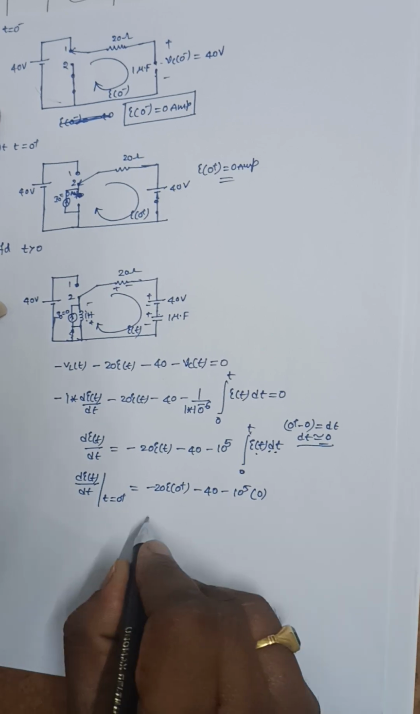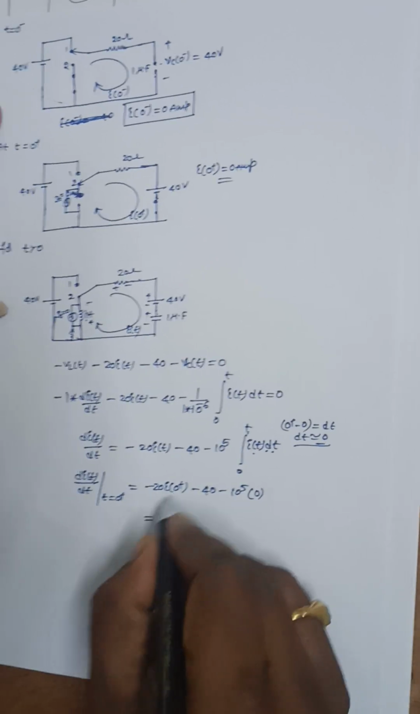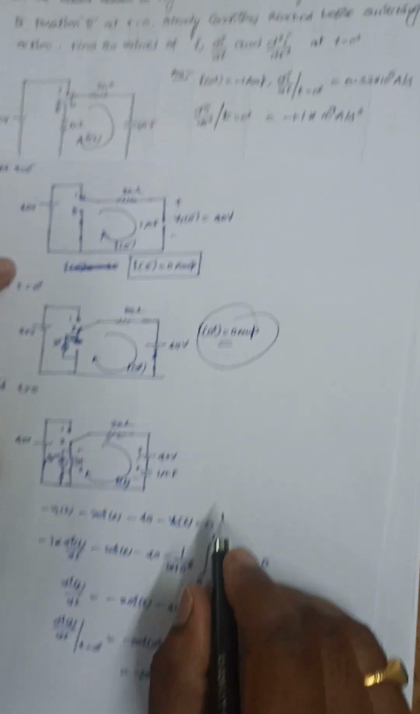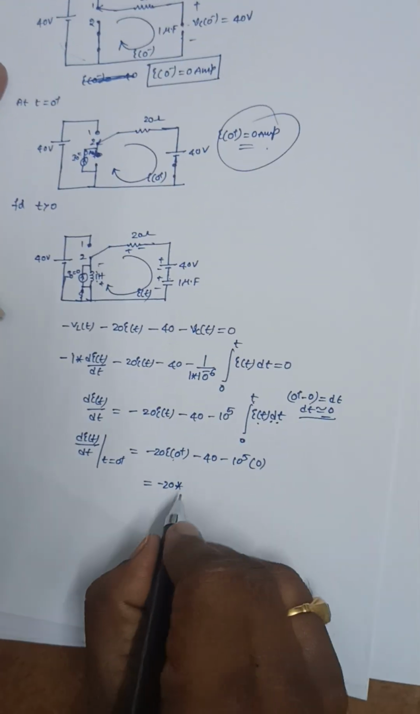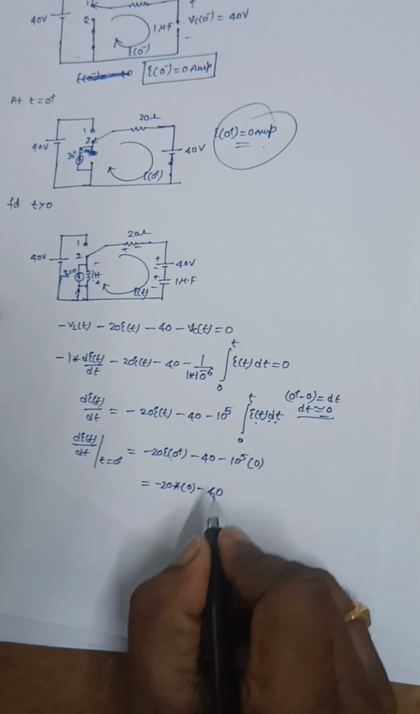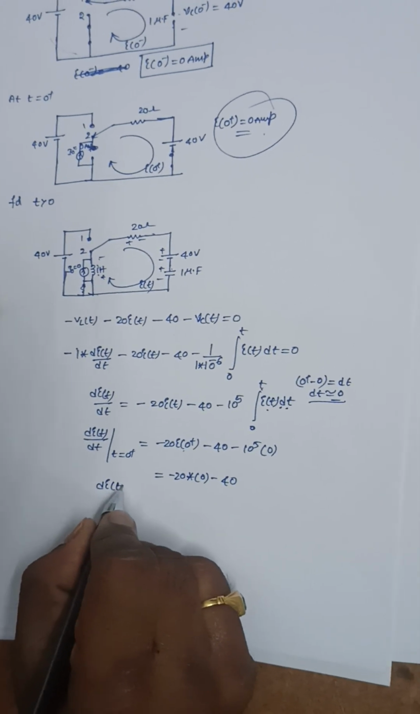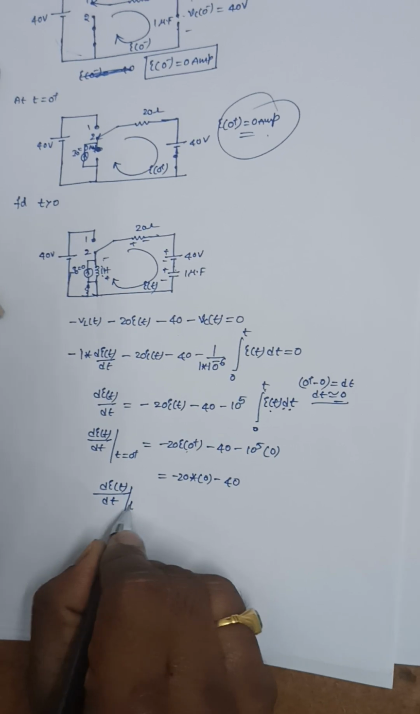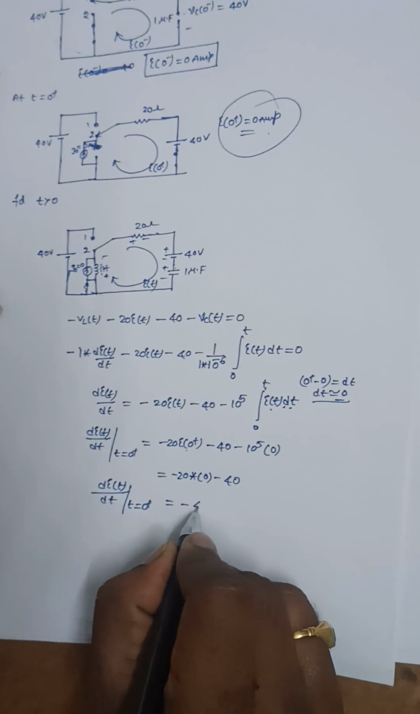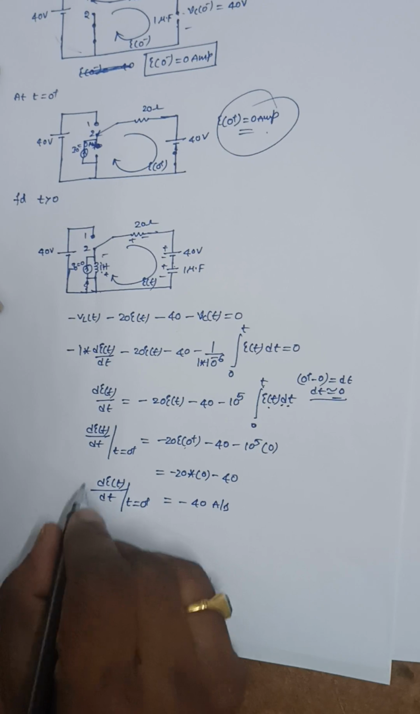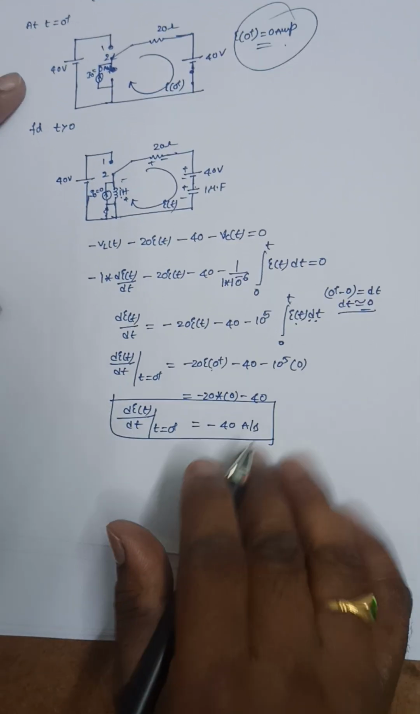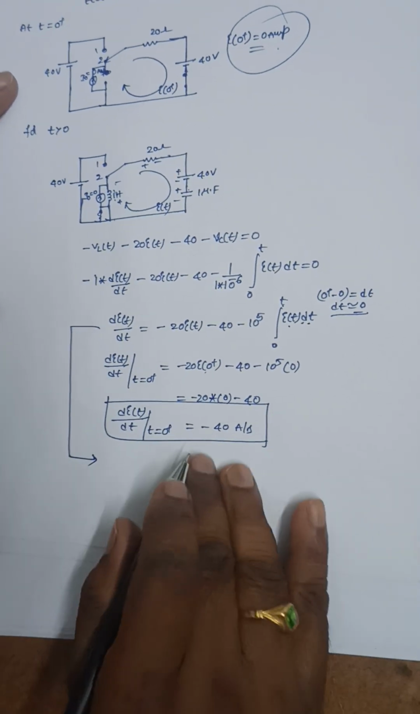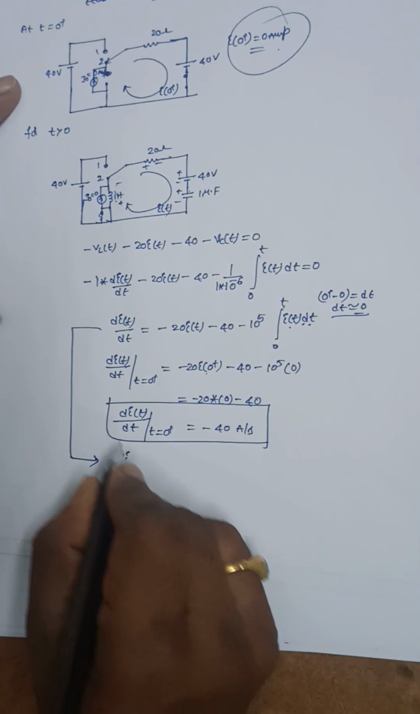So this is 0. So minus 20 into I of 0 plus. We calculated this I of 0 plus as 0 amperes here. So it is 0 minus 40. So di of t by dt at t equal to 0 plus is equal to minus 40 ampere per second. And if you want to calculate d square I of t by dt square, let us use this expression here and differentiate